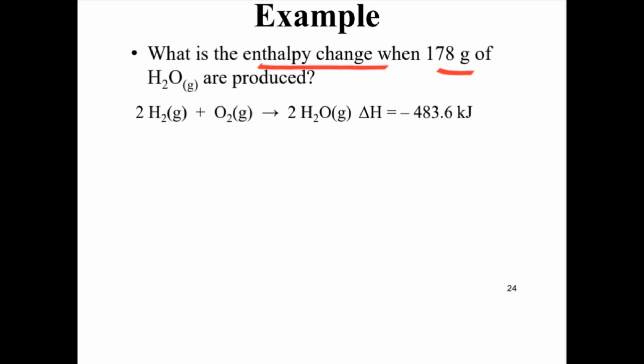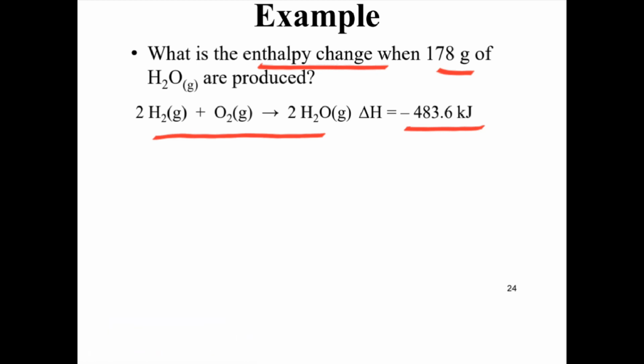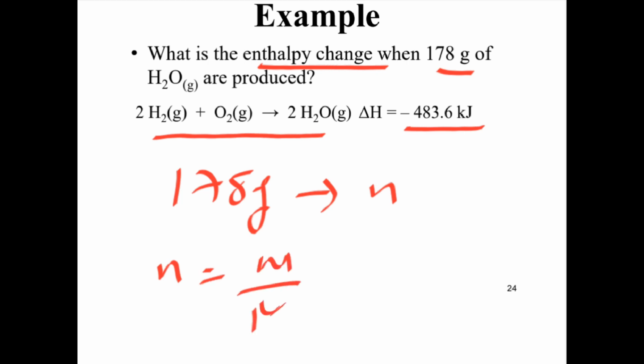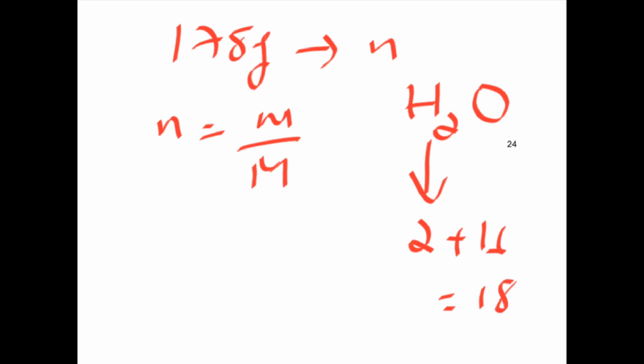ስለዚህ 178 ግራም ኦፍ ዋተር ፕሮዲውስ ሲሆን ያለው የኢንታልፒ ለውጥ ምን ያህል ነው የተባለው። ግን for this balanced chemical equation ማለት 2 ሞል ፕሮዲውስ ለማድረግ ምን ያህል ኢንታልፒ ቼንጅ አለ? -483.6 ኪሎ ጁል ማለት ነው። ስለዚህ አሁን ማድረግ ያለባቸው 178 ግራም ወደ ሞል መቀየር ነው፣ ቀላሉ ማለት ነው። ስለዚህ 178 ግራም ወደ ሞል ለመቀየር ሞል ማለት ማስ ኦቨር ሞላር ማስ ስለሆነ የውሃ ሞላር ማስ ስንት ነው? የወተር ሞላር ማስ ሃይድሮጅን 2 + 16 so 18 ነው ማለት ነው።